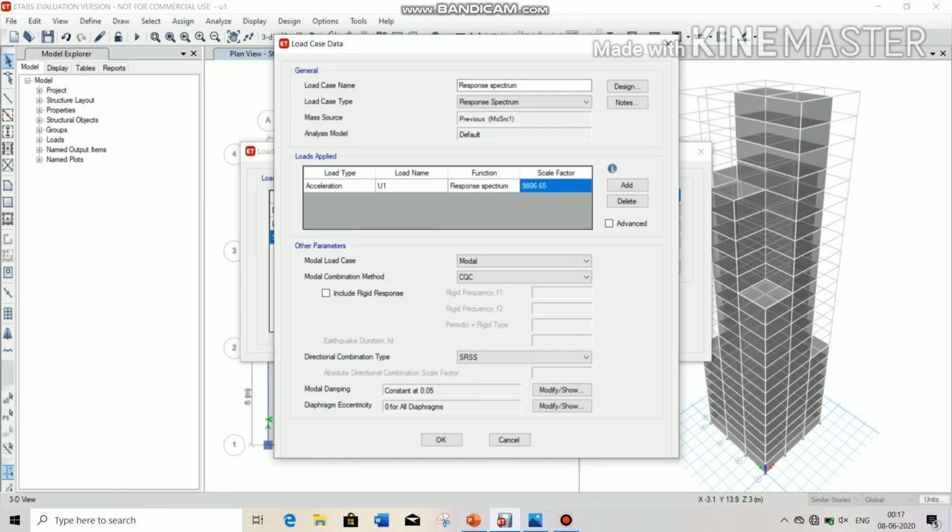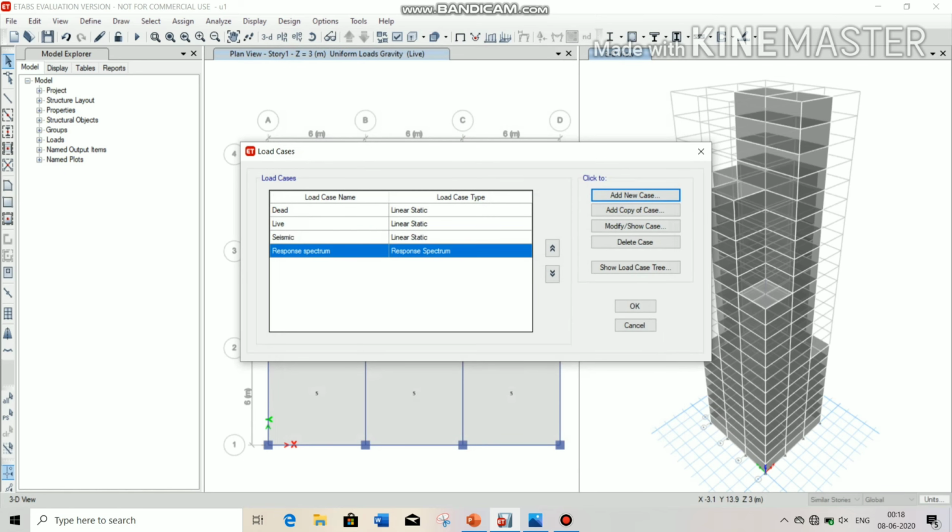Again, for the response spectrum method, you have to add the response spectrum function again and choose the load name from here. It will be U2, the function will be response spectrum, and the scale factor value will be 1633.5. Now click on OK and then click on OK again.